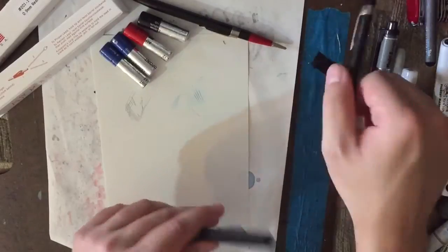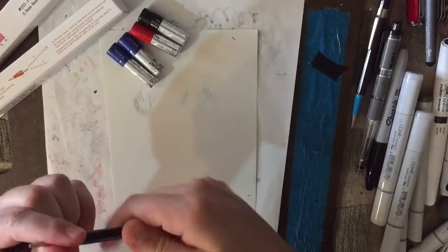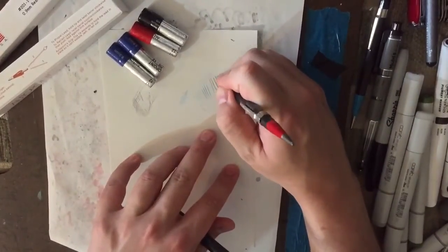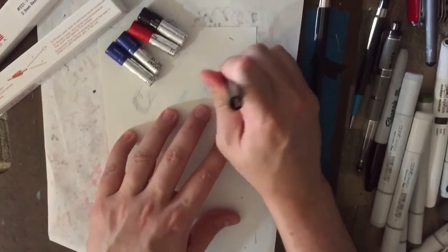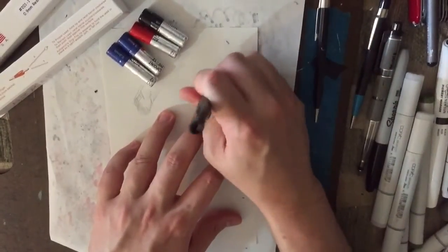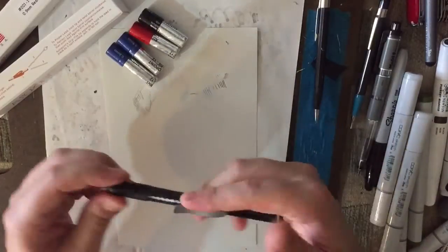It doesn't really matter if it's graphite or if it's colored lead. It's gonna leave a mark like that. That's really dark, and it'll erase, but it's still there. So the blue is gonna stay. If you're going light with it,